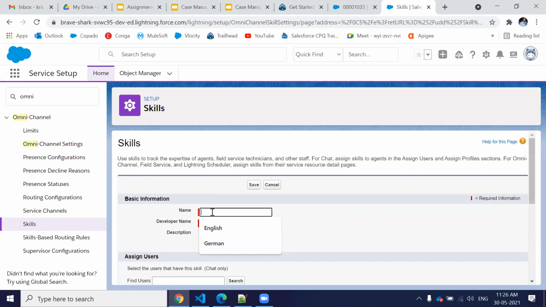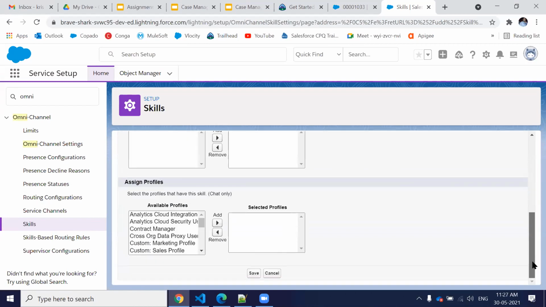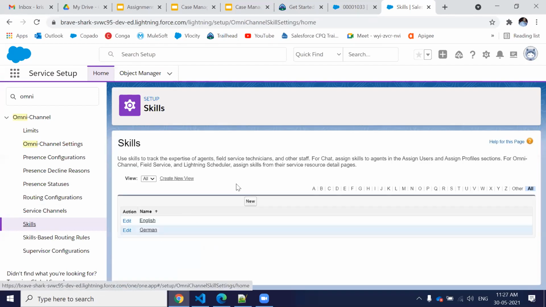The skill name can be anything, like I know German, I know Spanish, I'm a technician, or whatever skills your agent is going to possess. You just put it here, any name, and save it. Don't assign from here. We're going to assign from the profile. So just provide the name and save it. I already created two skills, which are English and German.